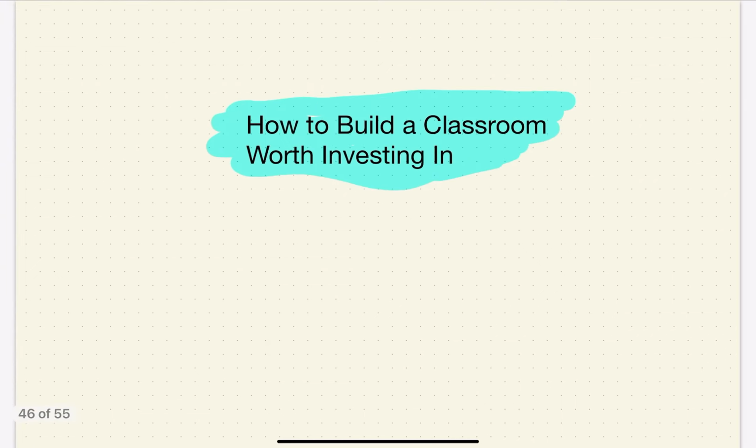All right, we'll get on to how to build a classroom worth investing in. The good news is we can make our classrooms more motivating by building in structures that make it easier for students to invest than it is to opt out. So research shows that motivation depends on this sense of autonomy, mastery, purpose, and belonging. And with this mindset, making even small environmental tweaks to imbue our classrooms with these qualities can make a huge